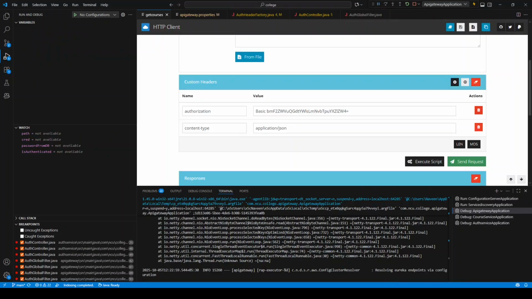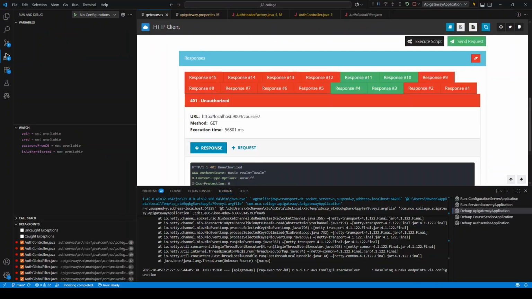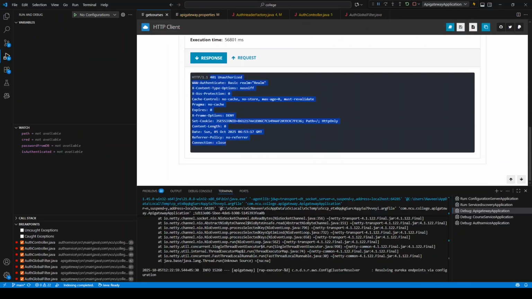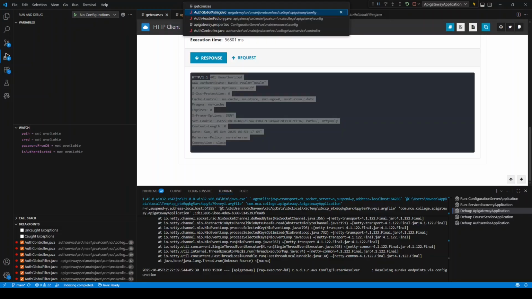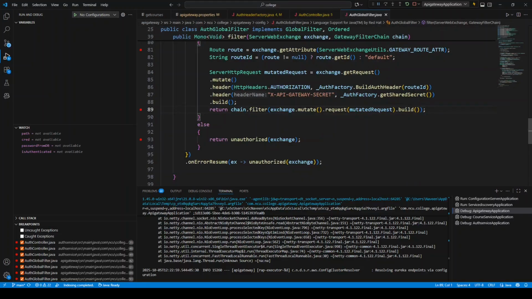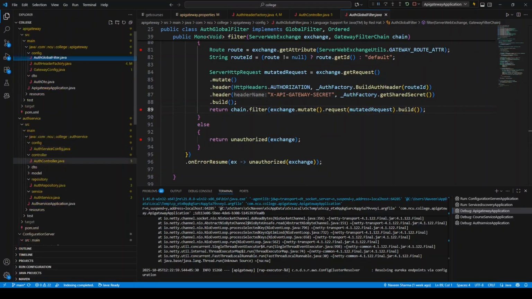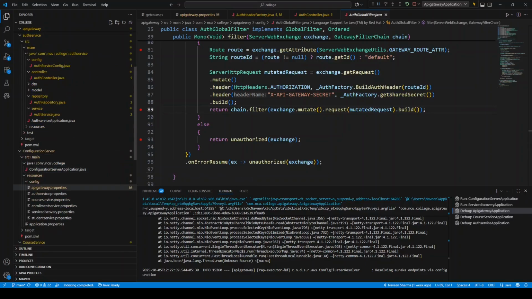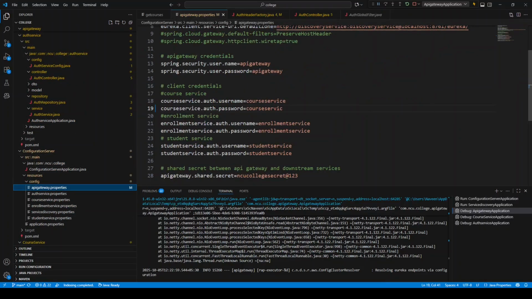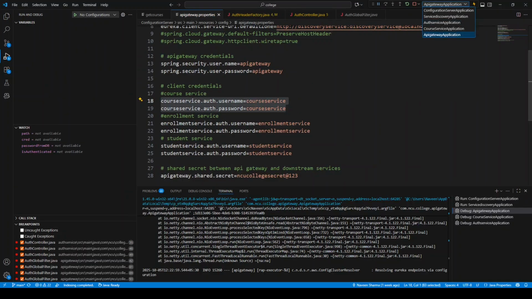And if you go here, you will see unauthorized. So that's how you were able to figure out what the problem was. So now you will go here in the API gateway properties and see that the password should not be right. Okay, yes. So you will fix it, save it, and stop the API gateway